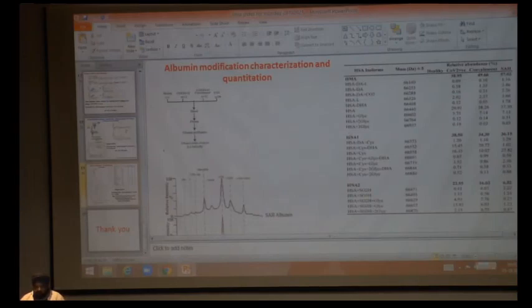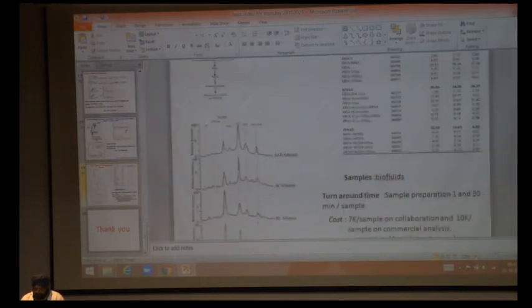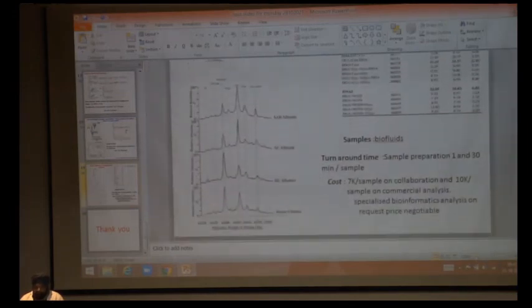Let me show the figure and how the spectra look. What is normal? Normally this is the lower albumin. This is Baxter albumin. These are different types of albumin peaks which we can identify. This is the normal albumin peak. The x-axis is the molecular weight of the protein and the y-axis is relative intensity. The peak my cursor is showing is the normal albumin peak, the serum albumin.